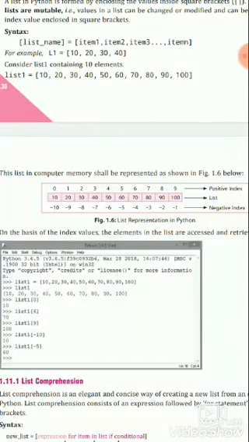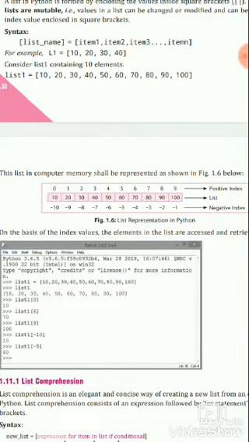The only difference is that positive indexing starts from 0 for the first element of the list, and negative indexing starts from -1 for the last member of the list.